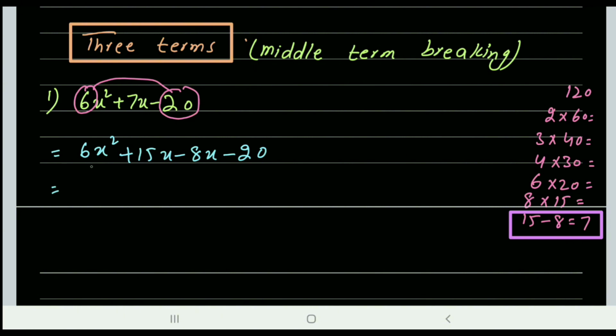After that you will make groups. The first group is of the first two terms and the second group is of the next two terms. You will take common from the first two terms and also from the next two terms. What is common from the first two terms? I think 3x is common. So 3 2s are 6, 2x plus 5 is left here, minus, use the same sign here. And now 4 is common here, 4 2s are 8x.